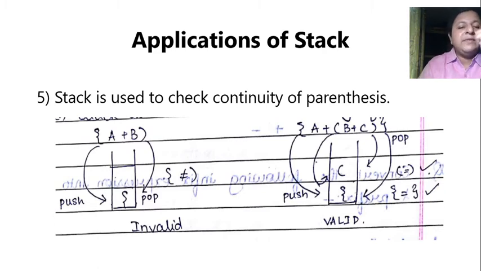For example, here when we get a brace, we push. Whenever we are getting closing bracket, we pop, and then we compare it with the one which we had popped from. So it is not matching. They are not of the same type. So it is an invalid expression.